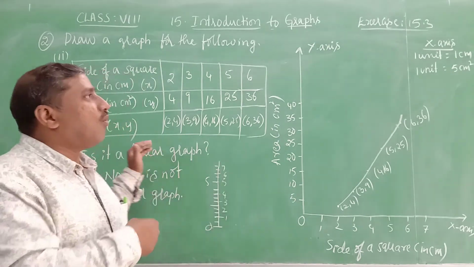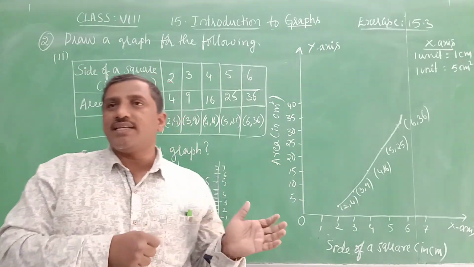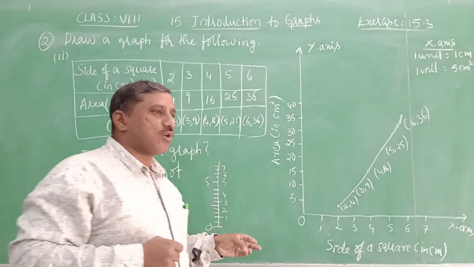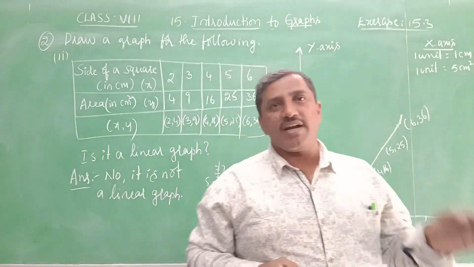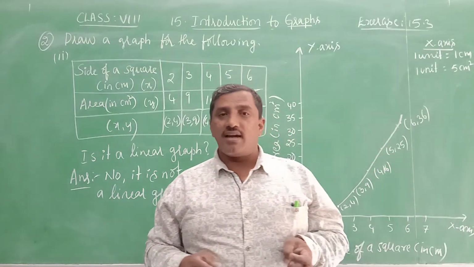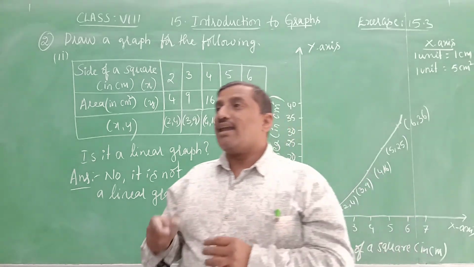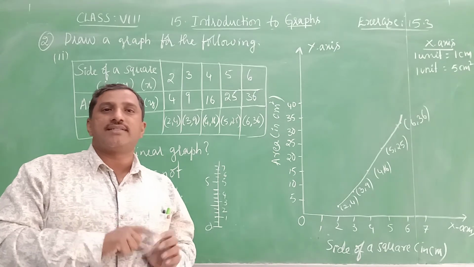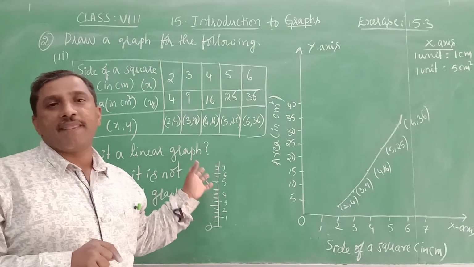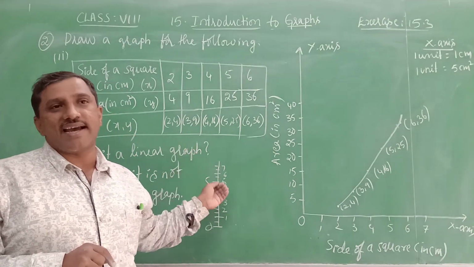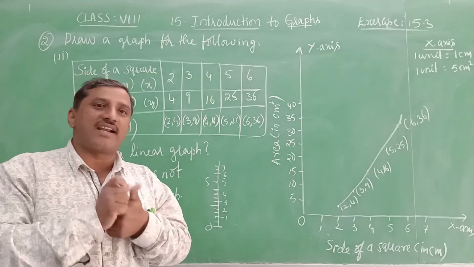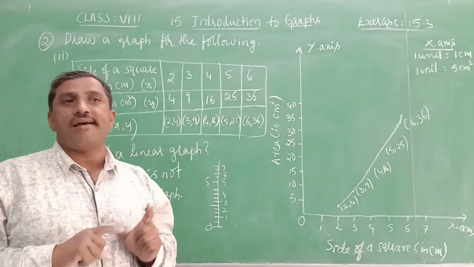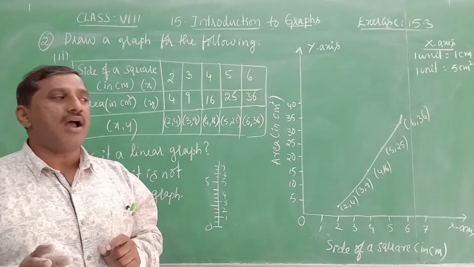So this is what we discussed in this chapter, which is the introduction to graphs. We have studied the histogram, bar graph, double bar graph, pictographs, pie graph or circle graph, and then line graph. After that we studied plotting points. To plot points, we take the coordinate axes, the x-axis and y-axis. They intersect each other at a point known as the origin, and its coordinates are 0, 0.